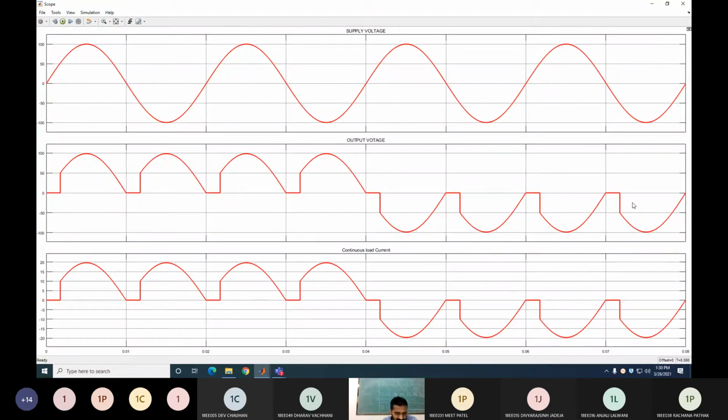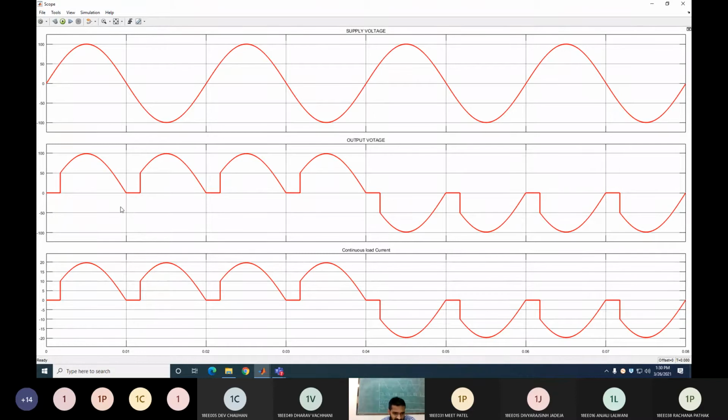So if you want to change the frequency as well as the magnitude of the output voltage, then you change the firing delay of all the thyristors. So depending upon the requirement of the voltage, you change the firing delay. Suppose you require the output voltage half of your supply voltage, so select alpha 90 degree. So you get the half of this half cycle. Clear? So you get only this part of the cycle. Okay. So based on the output voltage requirement and frequency, you can change the firing delay.